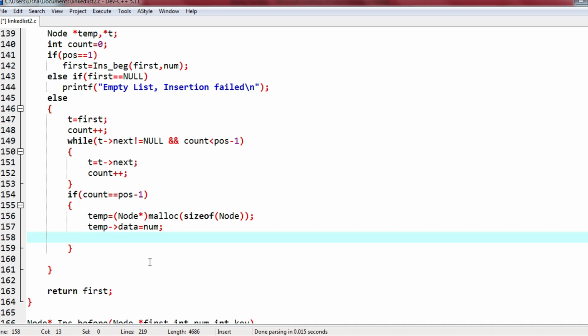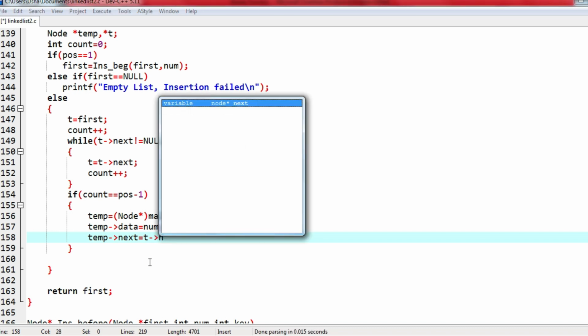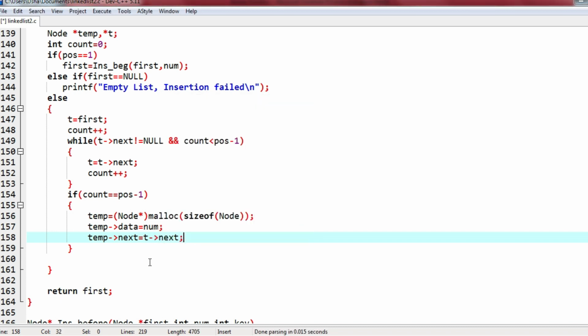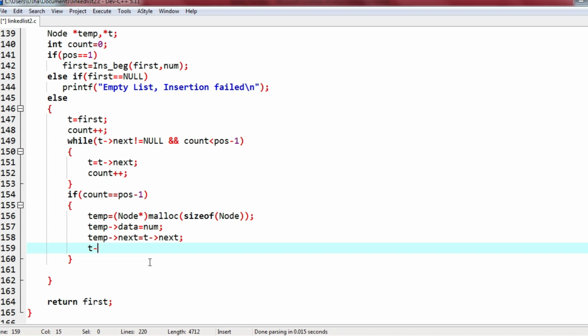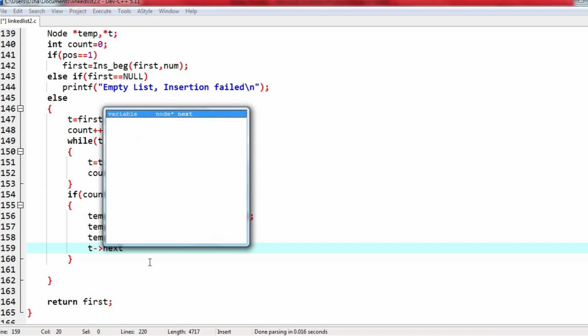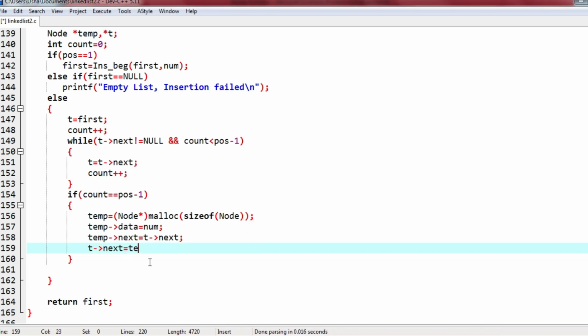Now for the newly created node, the next pointer is going to be whatever is the current t's next pointer. Right now t next is the 5th value. So temp next is going to be that value, and t next is equal to temp.